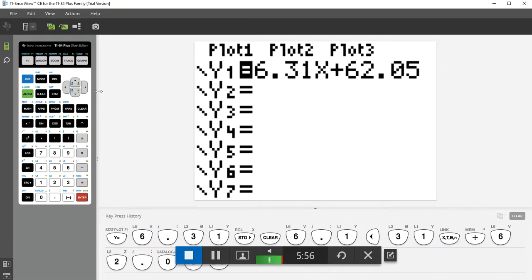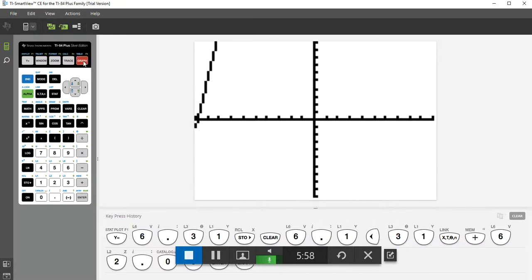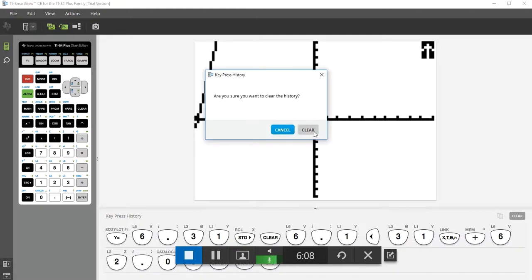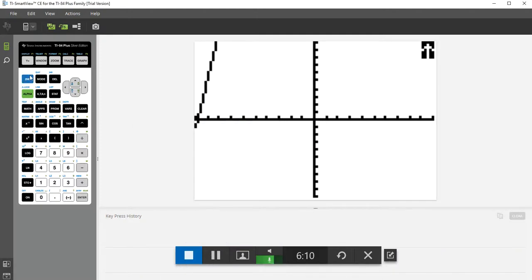Okay, so there's my line of best fit. If I went to graph that, see it's in kind of a weird spot. We'll look at that in just a second. If I hit the graph button, but I'm actually going to go to second. Let me clear this out so you can see at the bottom. If you're trying to pull the ordered pairs up